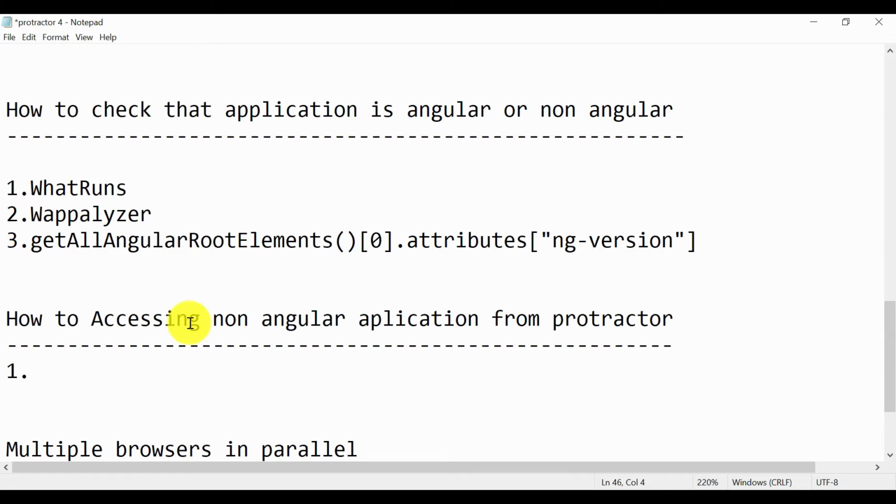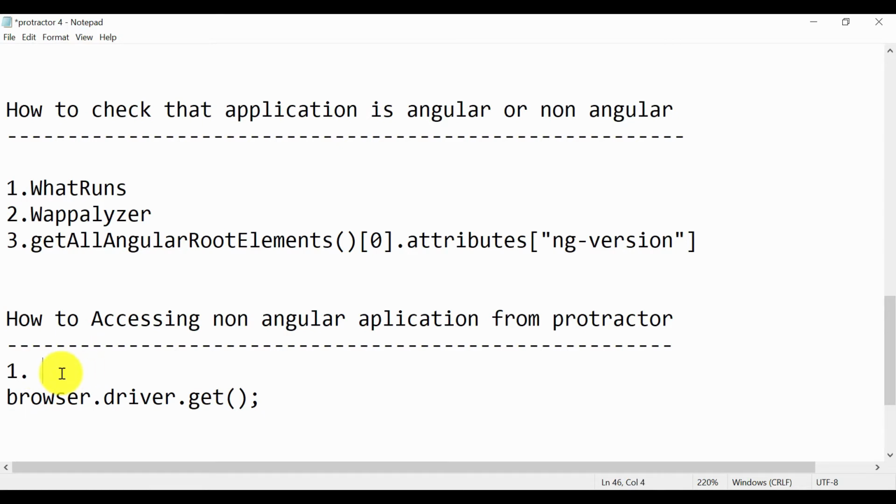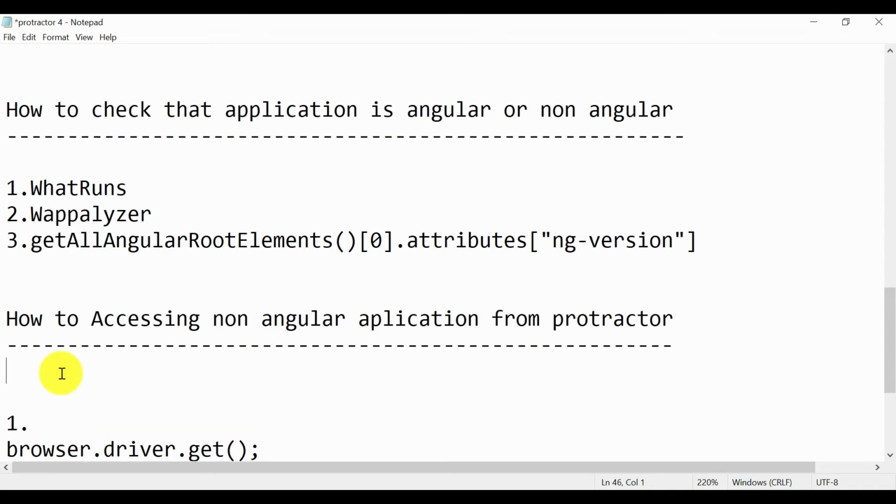The first way is you can use browser.driver.get. Like this, you need to use this kind of command. In the normal fashion, for Angular apps, we use browser.get, which is one command to get the URL.